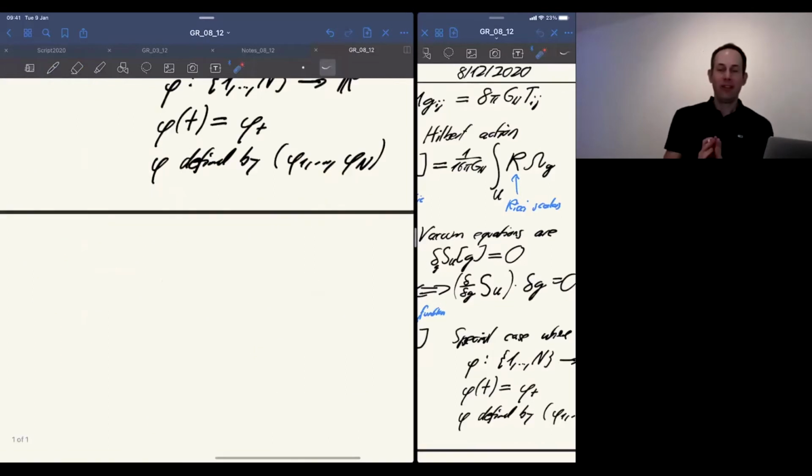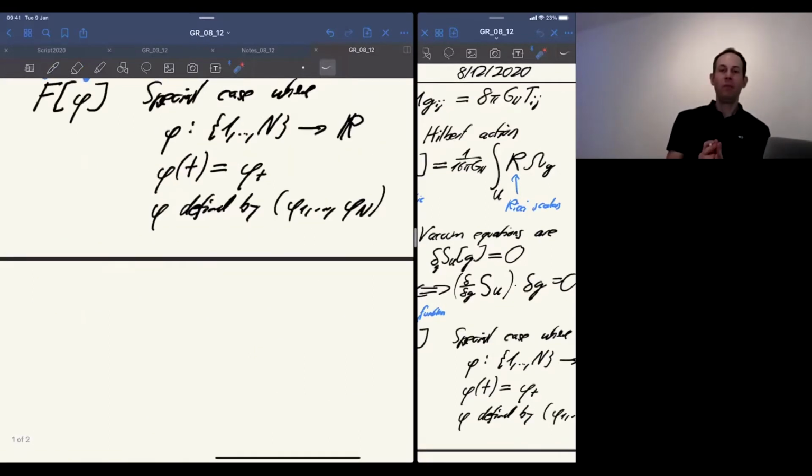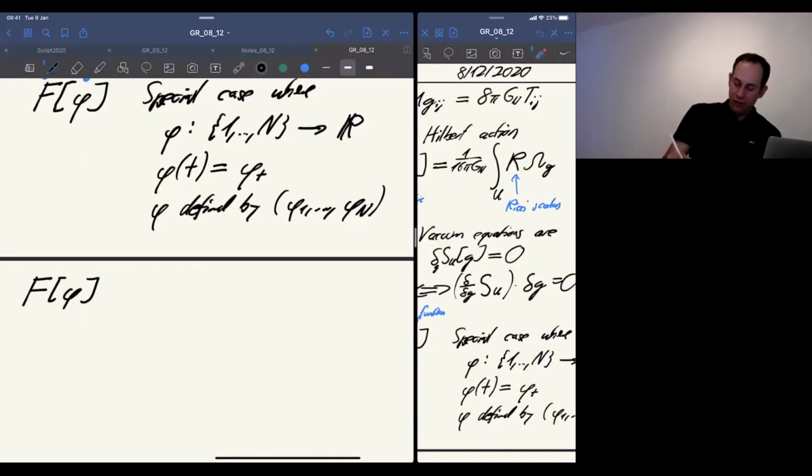If you look at this special case, then it's really just normal multivariable analysis that is going on. And so that's something you probably understand extremely well. And therefore, we can now also understand the variation rules that are going to be useful for today's lecture. So when I now write F of phi, so if I apply the functional, then of course F just needs to take as input everything that defines the function, which is just this tuple that I just mentioned. So that's equivalent because the function is completely described by this tuple.